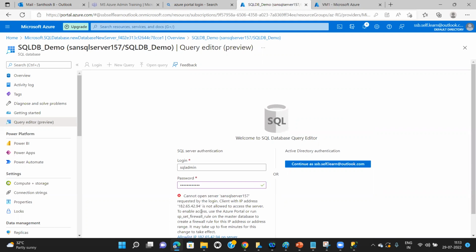Okay, what it says is, cannot open server, client with the IP address is not allowed. This is nothing but my laptop's IP address. If you remember, I created this database with public access, but I didn't add any IP address that can access this database. So let's do that. To do any networking or any configuration, you will have to use this SQL Server only. So I'm going to home,